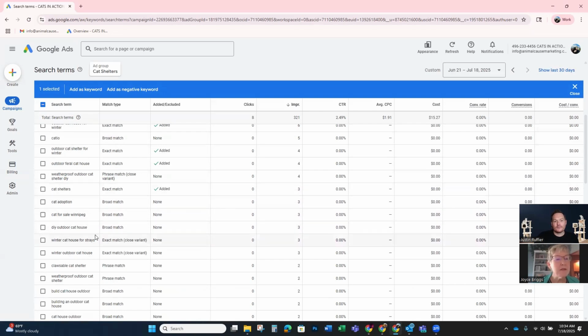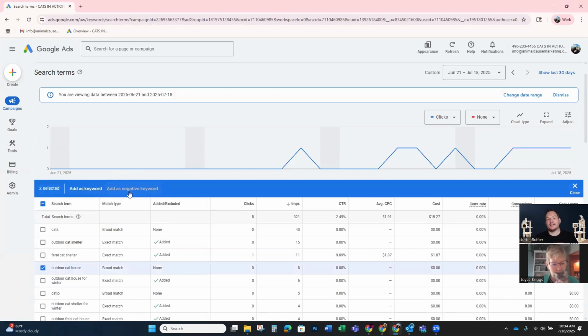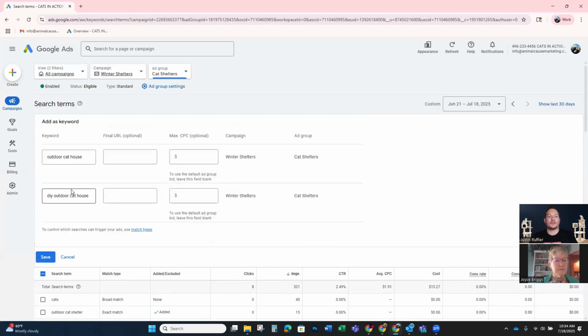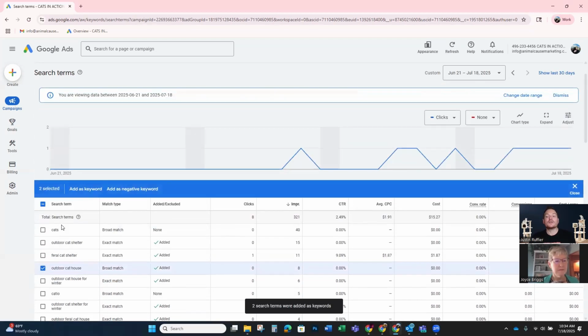So by clicking those, it's to add as a keyword. Got it. Yeah, you can add it as a negative keyword or as a keyword. A negative keyword would be what you don't want to show up for. So if we were getting a lot of